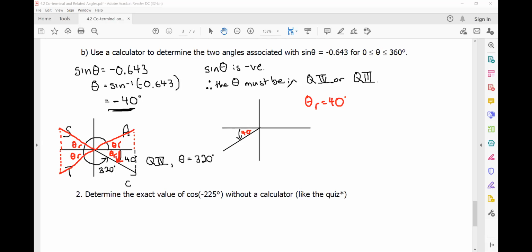Okay, once again, the question: when we plugged it into the calculator, the angle was supposed to be negative 40 degrees. So that's what I did. I rotated in the negative direction, and that was my negative 40 degrees, right? But if I were to draw out my imaginary triangles so that I can use CAST rule,